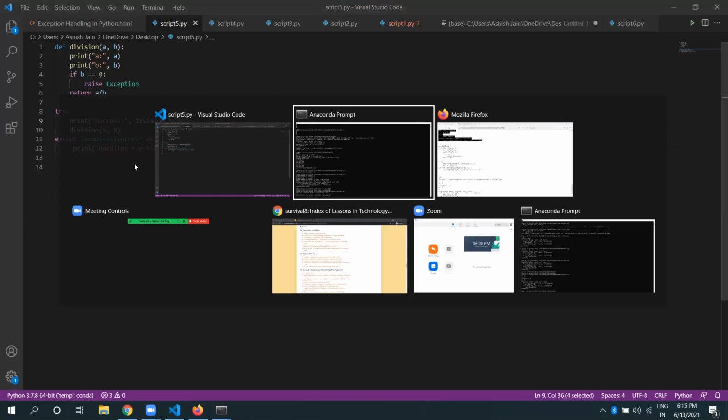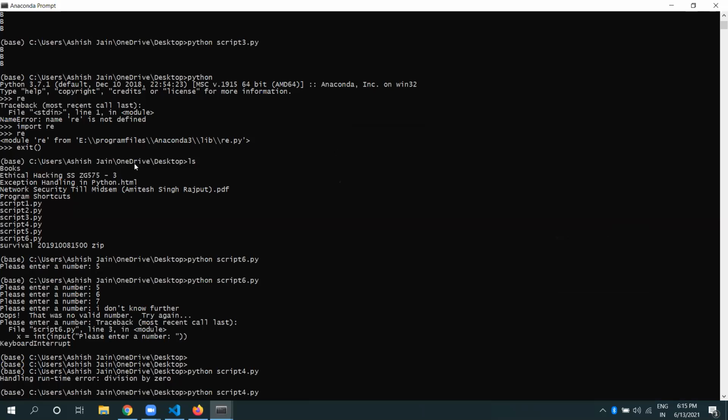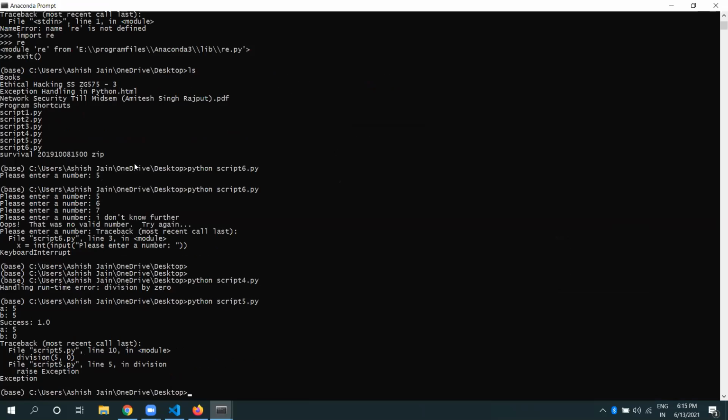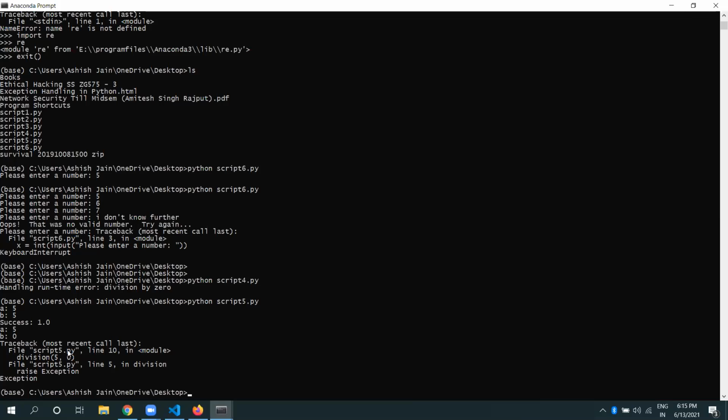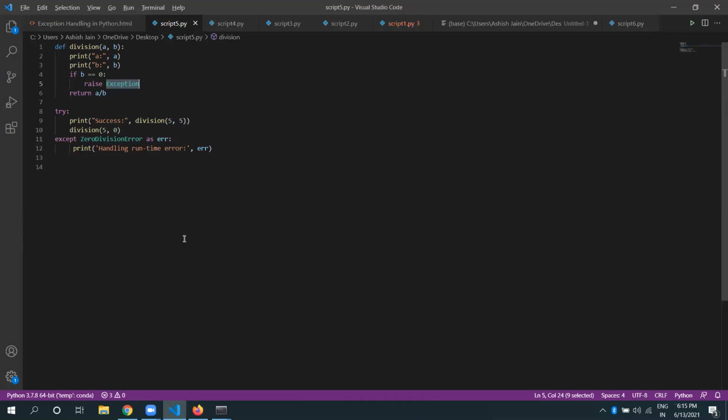Now if we try to run this one, script 5, like expected, 5 divided by 5 is 1, 5 divided by 0 should give you an exception, but over here it didn't give a division by 0 exception. It simply raised Exception, which is the super class, and that was raised over here. Now we modify it a little bit and